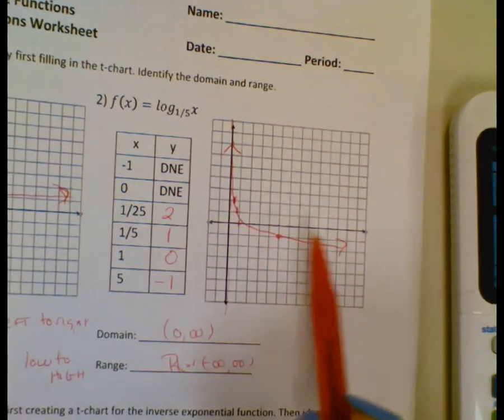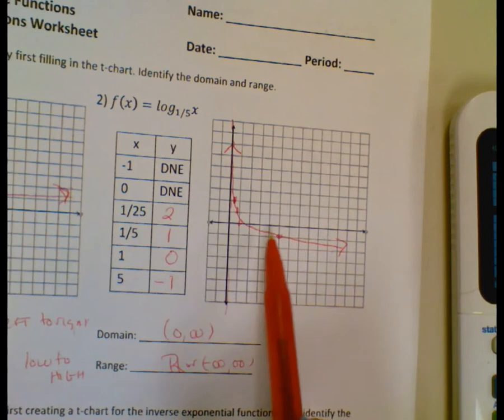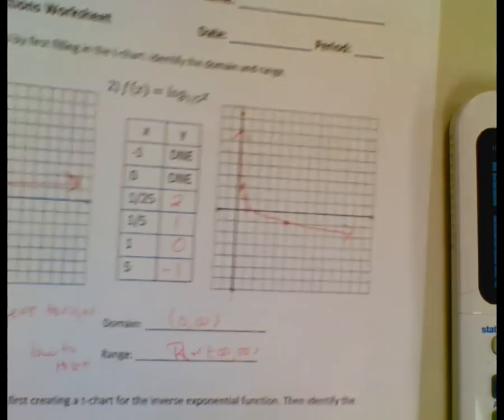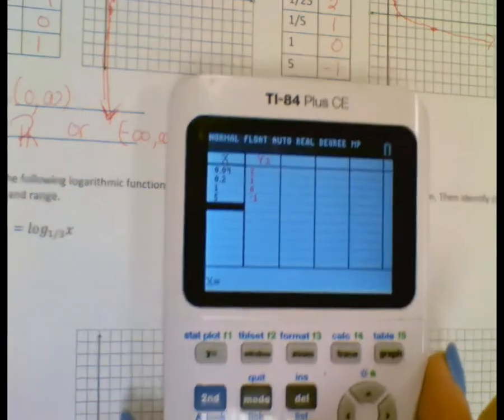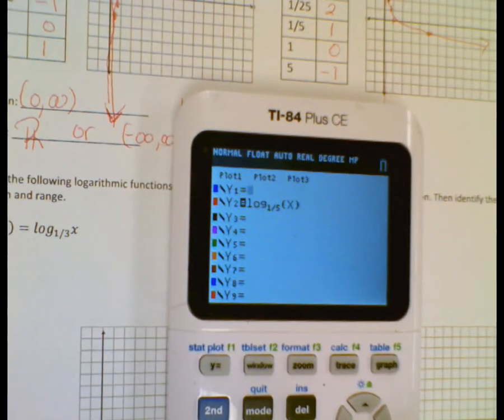Make sure you have arrows on both these. Make sure it's curving. Make sure you have at least 3 points. And make sure you have arrows on the ends. So this one, we're not going to do what it says about inverses. We're just graphing. So you have log